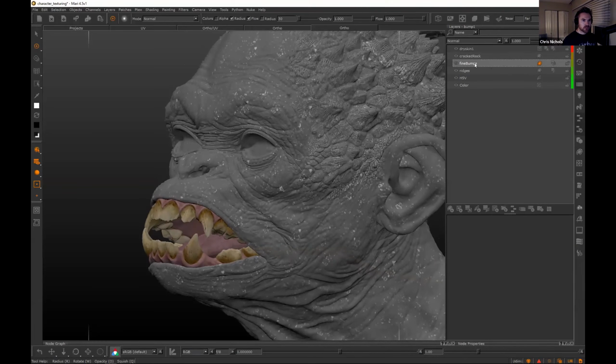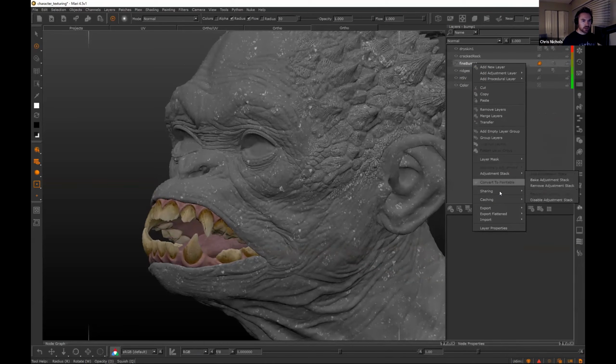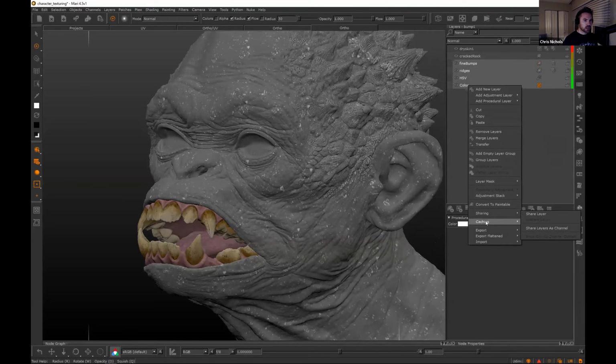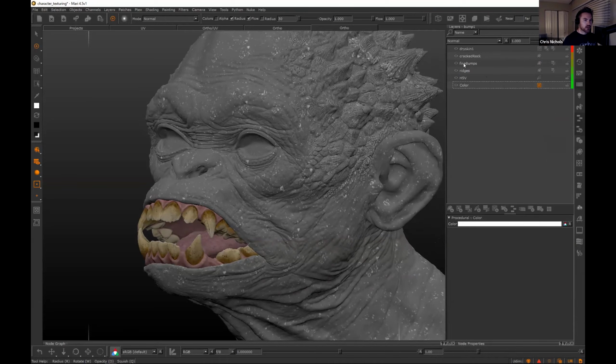So one thing you can do is use the caching to cache all the layers that you're not using. So say, for example, I'm creating some dry skin for this bump map and I'm not using ridges or HSV or any of these layers here, then I could just select them and apply the caching to it. What that means is I'm not going to be able to edit those layers,